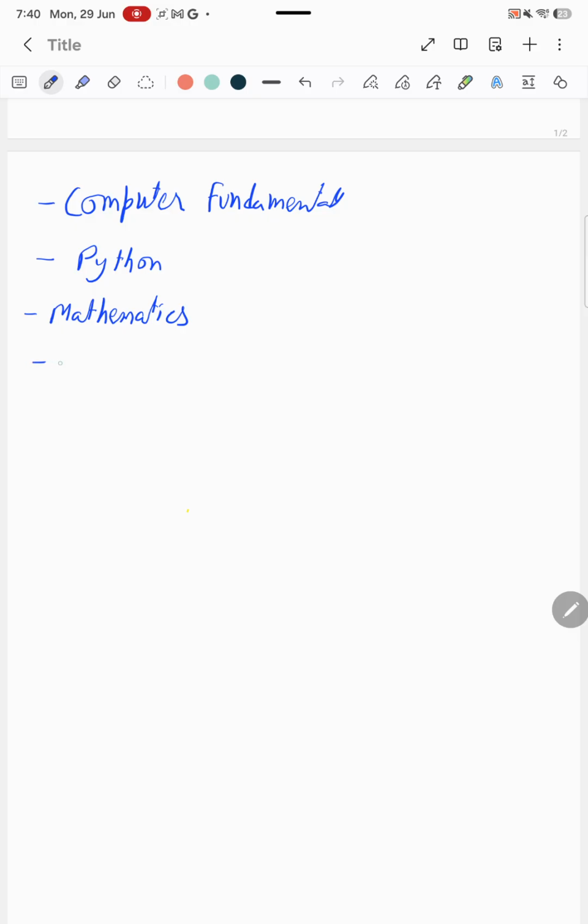Then machine learning, then deep learning, then NLP. Then we will go to transformers. We will understand everything, the architecture, the basics and the advanced parts.